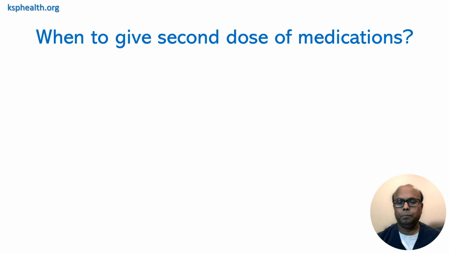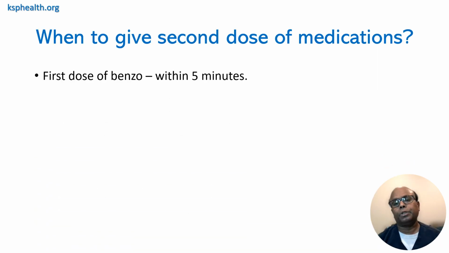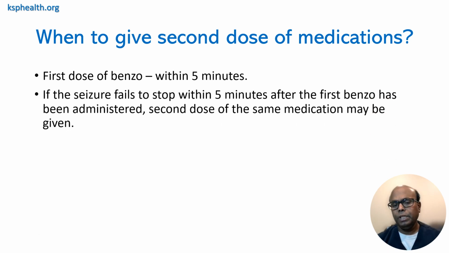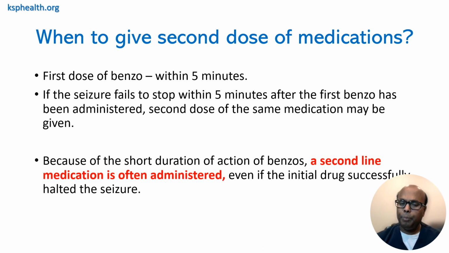40 kilos. So when to give the second dose of medication, the first dose of benzo needs to be given within 5 minutes. If the seizure fails to stop within 5 minutes, the second dose of benzo needs to be given. Because of the short duration of action of benzos, second-line medication is often administered even if the initial drug